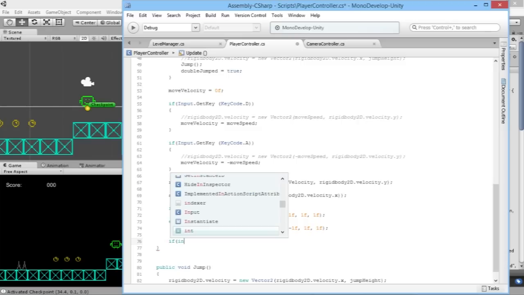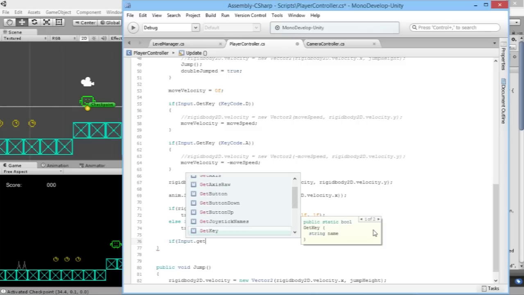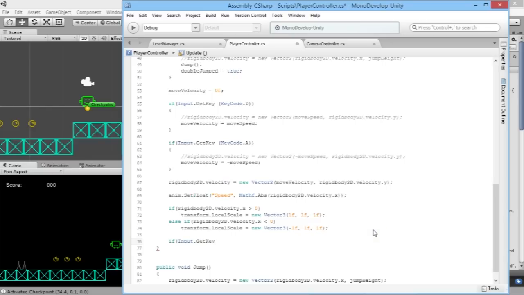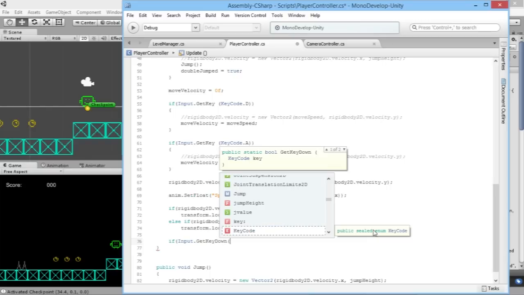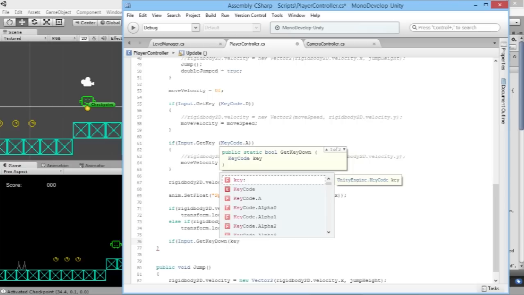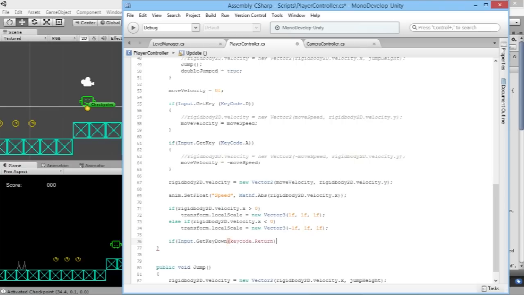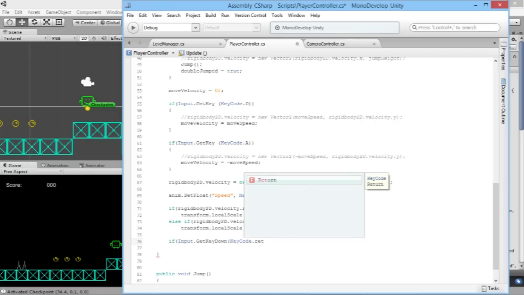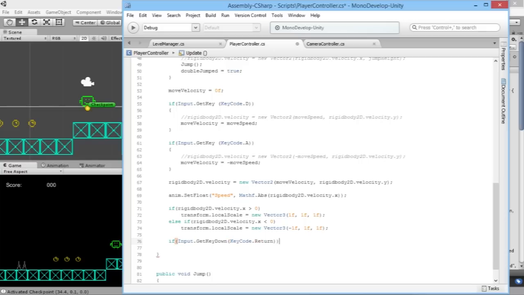if Input.GetKeyDown, we have to make sure, GetKeyDown, and we'll say KeyCode.Return. So when you hit the return or the enter button, it'll fire our Ninja Star. Why is this red here? Let me just type this in again just to make sure. KeyCode dot, oh, I think it was the small letters. There we go. Perfect. Okay, so now we'll make our squiggly brackets, put it here, and inside this is just